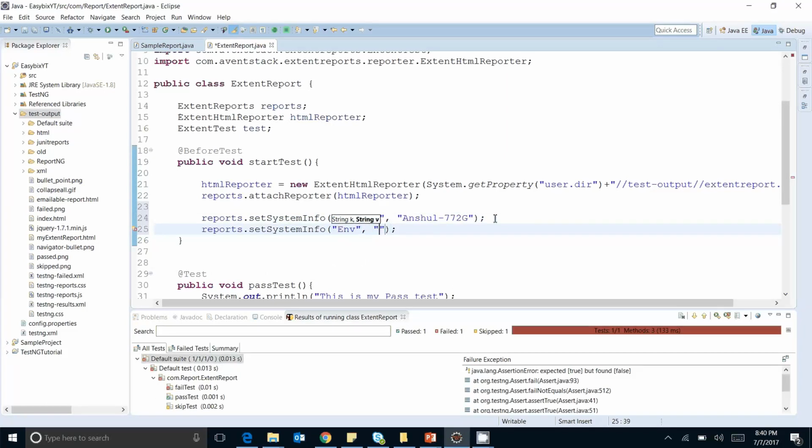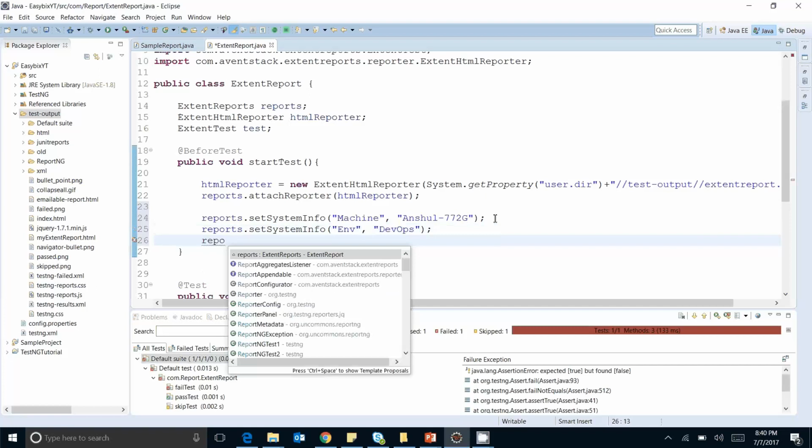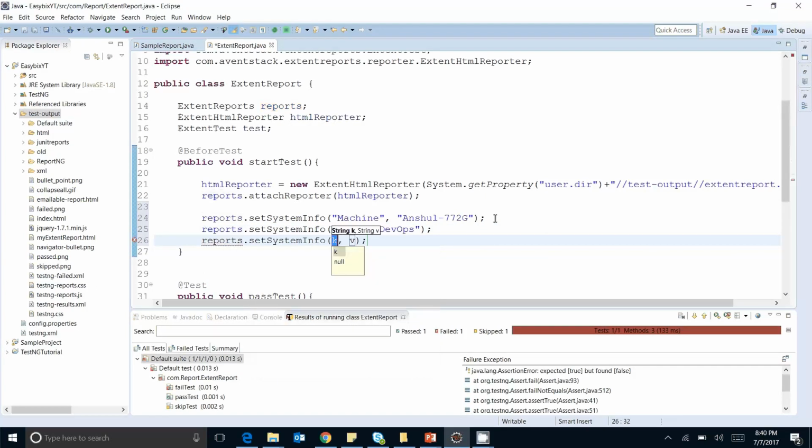So I am working on the DevOps environment, and now suppose I want to pass another system info like build, and suppose I am working on the stage, or on the integration build. So using this way you can pass any information which is related to your environment.